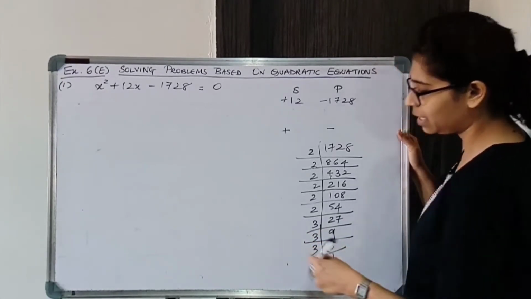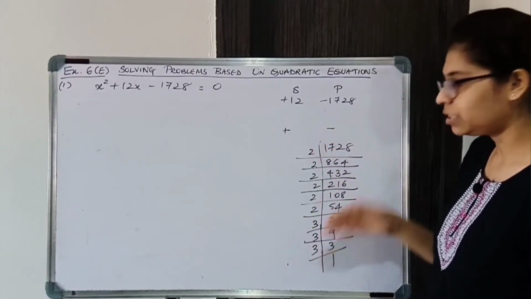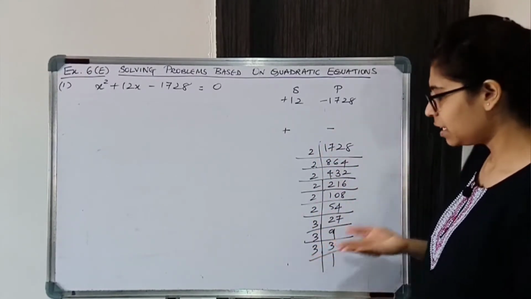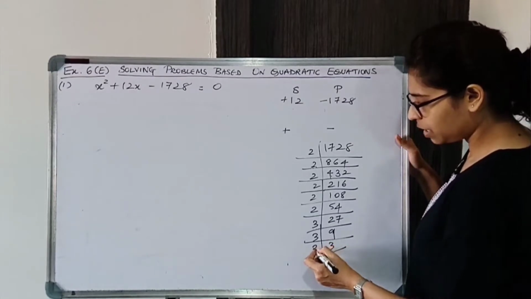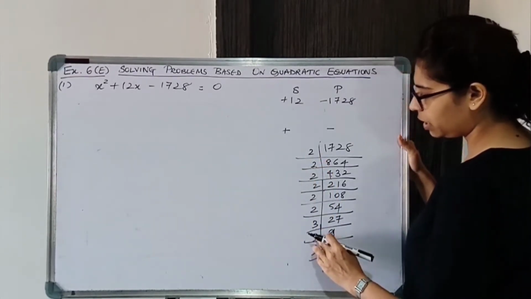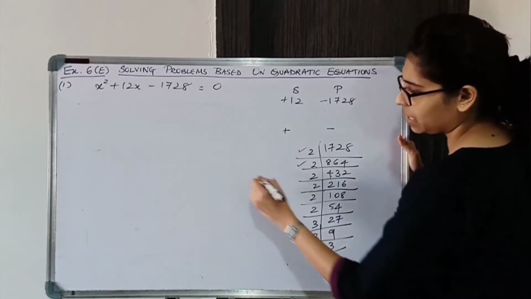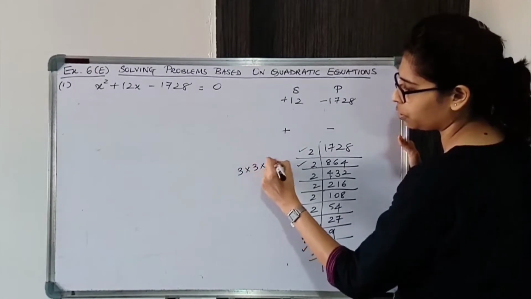What we need to do is rearrange the terms. अभी तक हम लोग ने 2 2 सब साथ में लिया था. Let's group 2 with 3 and see. ठीक है. So let us consider 3 into 3 into 2 into 2. These factors we'll consider. 3 into 3 into 2 into 2.